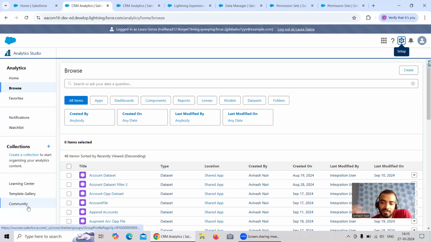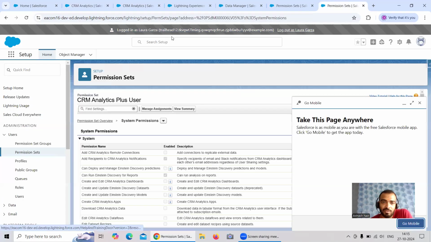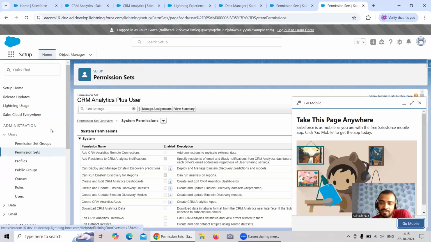So let's say somebody working in your company has the role of a tester, and he or she needs to test the applications. Then they definitely don't require the data layer at all. They just need to view the dashboard. In that case, they can be given this CRM Analytics Plus User. And similarly, you can clone this permission set, give some default permissions, and disable a few permissions if required. So yeah,